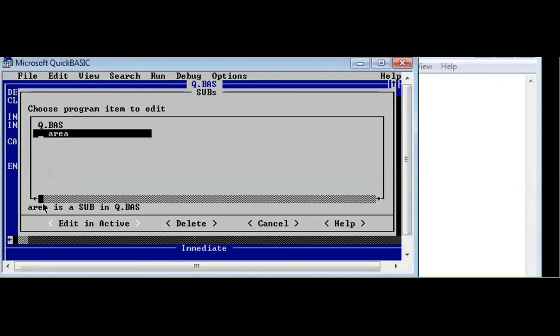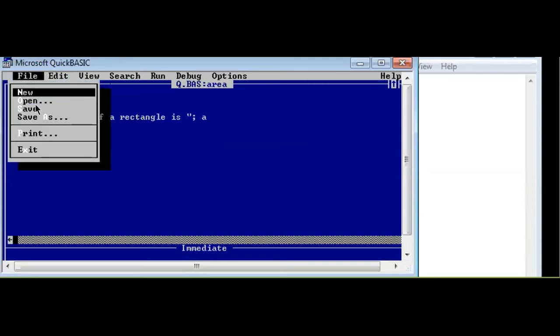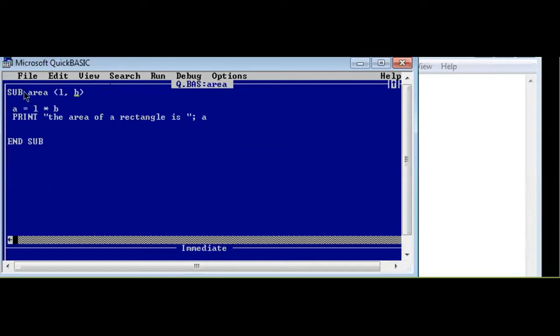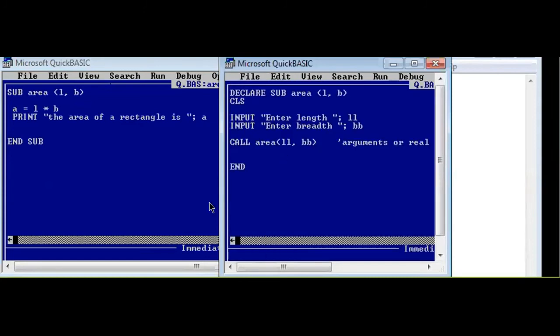So let's click on this. So here it is L comma B. Now let me just save it and I'll use another window so that it becomes easier. I've saved this. Let me save it one more time. Now let's go towards another editor. Let me remove this and open it one more time. As you can see, the changes have already been saved and it's displaying over here.